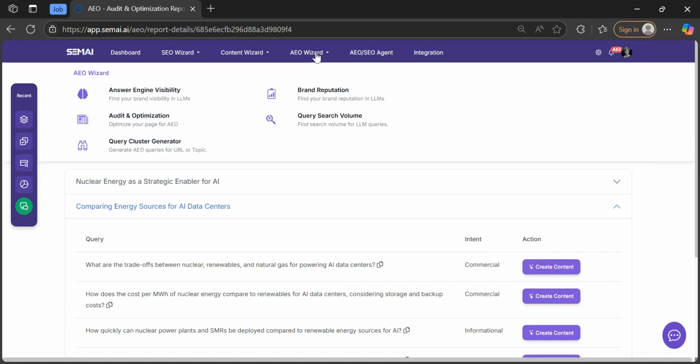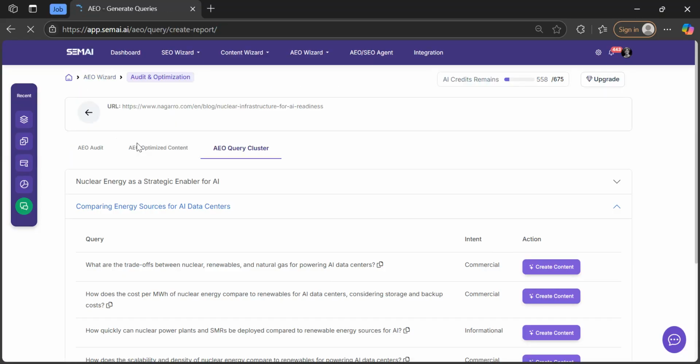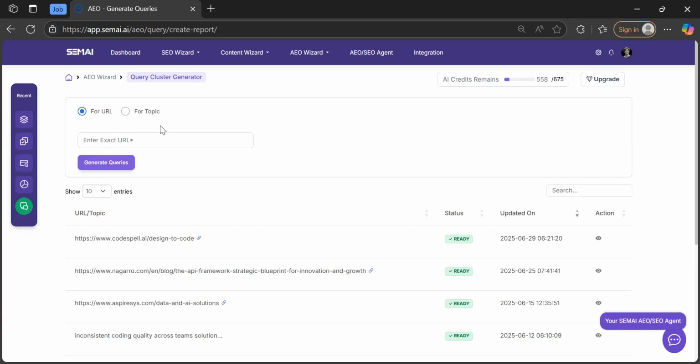Now the next thing I'm going to hover on is the query cluster generator. This is similar to what you see here. Now I just give a URL here, which is say spell.ai design to code. I'm going to click on it. Once I've given